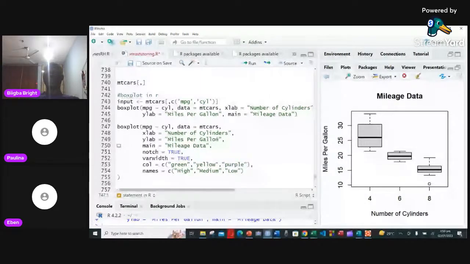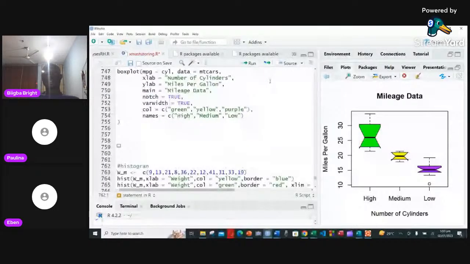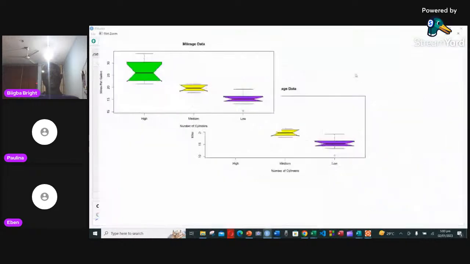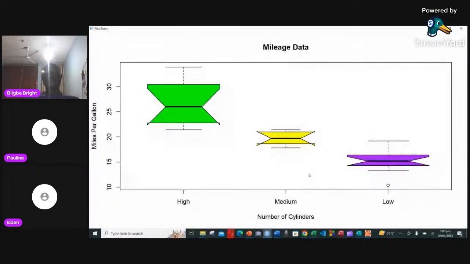The notch means, these are boxes, but what about if you want it to appear like a violin? You see? So you could actually indicate that there. So sometimes you can say a notch. The notch means it's going to appear in a constricted way. So if I run that again, you can see how they look. This is the notch that I was talking about. If we are going to do real data visualization, where I'll be using ggplot,